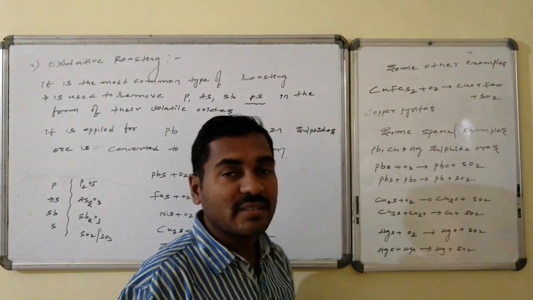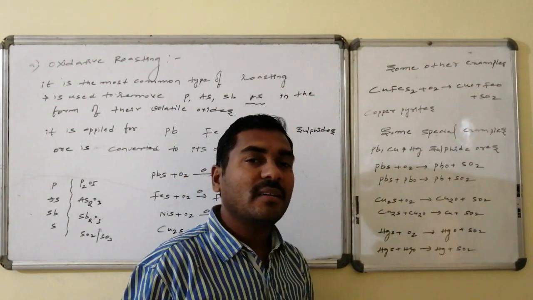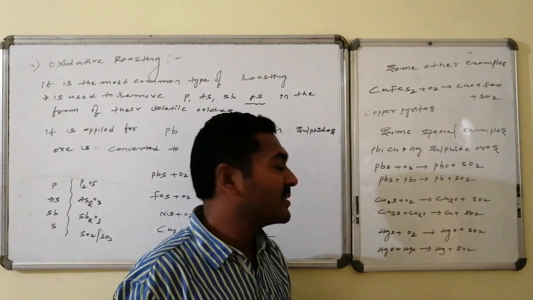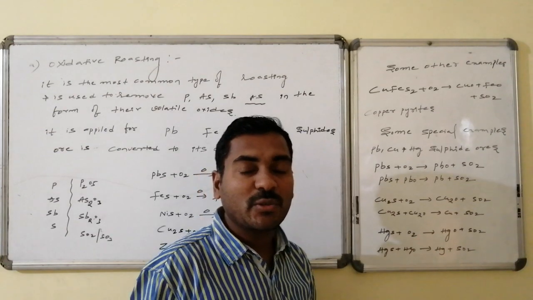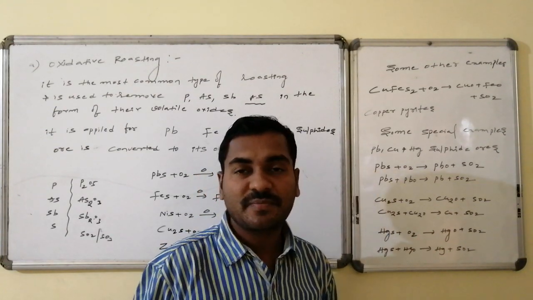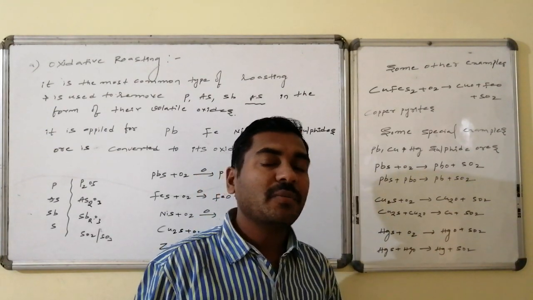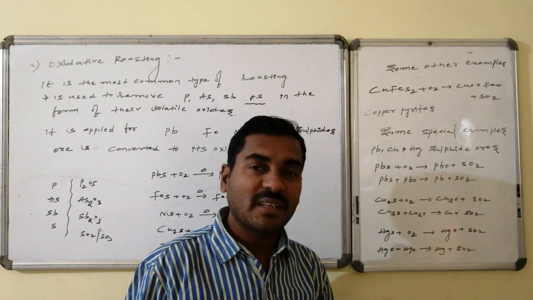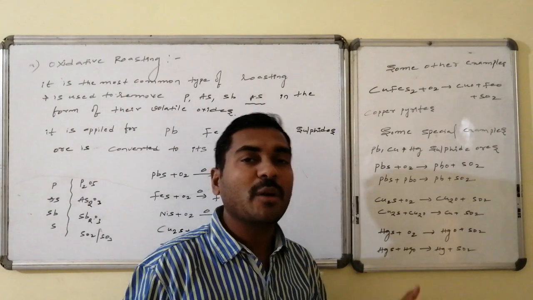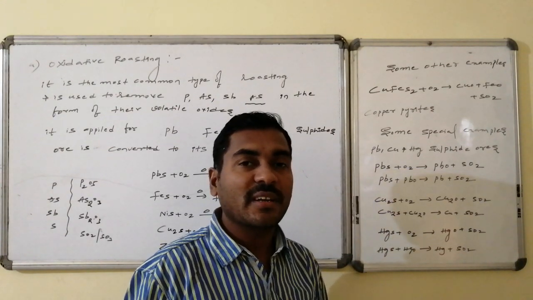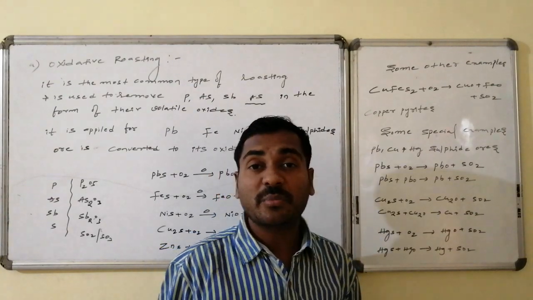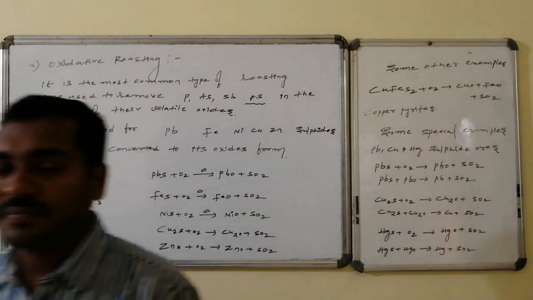Thus, this process in which metal sulfide is converted to metal oxide and metal oxide reduces the metal sulfide is said to be the auto reduction process. Hence, in case of normal roasting related oxidation process, special examples like lead, copper, as well as mercury, which are less electropositive metals, can participate in auto reduction process also.